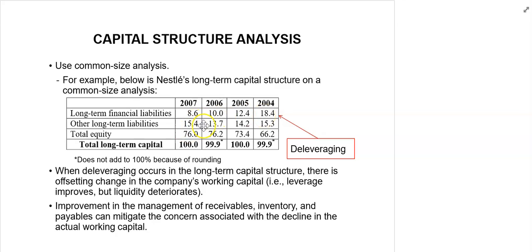period. Other long-term liabilities have remained relatively stable while total equity has increased as a percentage of the total long-term capital. Deleveraging results in improving the leverage of the firm. However, it also leads to deteriorating liquidity. The deterioration in liquidity can be offset by improvement in the management of accounts receivable, inventory, as well as payables, and this may help to mitigate the related decline in the actual working capital of the firm as a result